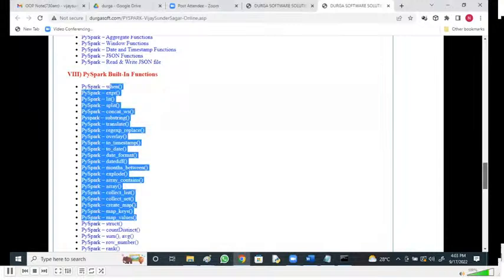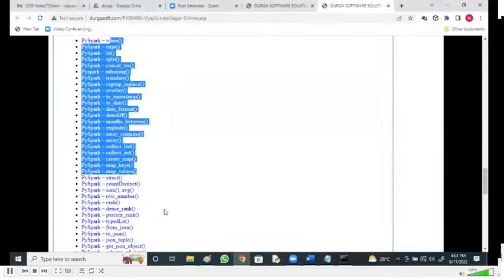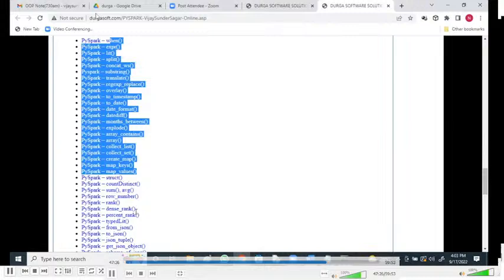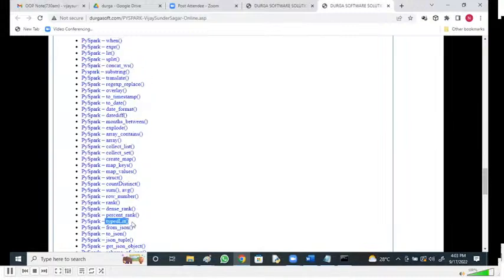PySpark struct, count, sum, average, row number, rank, dense rank, percent rank, lead and lag, from JSON, to JSON, tuple, get JSON tuple.